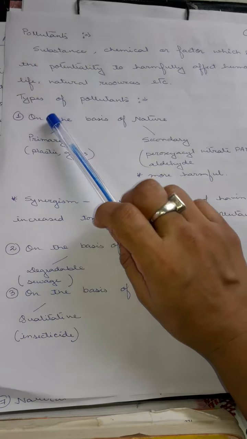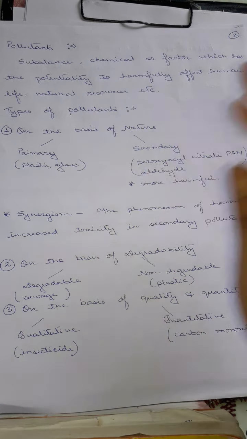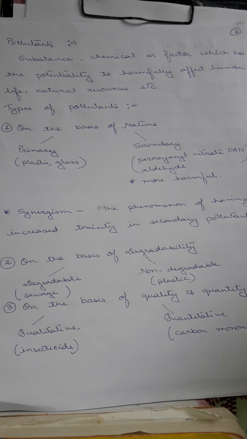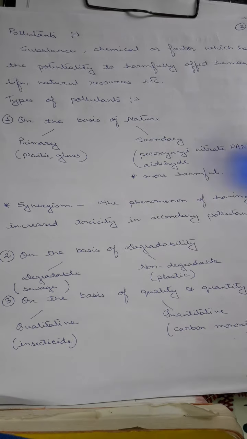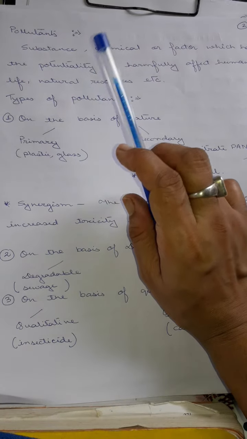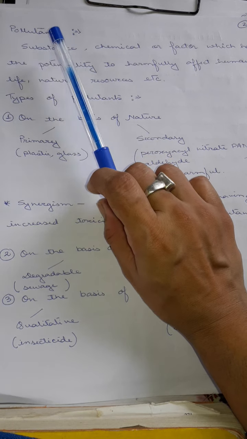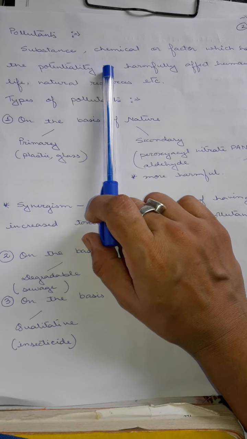Now see, we are talking about pollution. Now how is pollution actually created? What is present in the environment that is causing harmful effect? That particular chemical, factor or substance, whatever it is that is causing pollution, is called a pollutant. So pollutants are harmful substances which are present and cause the harmful effect.